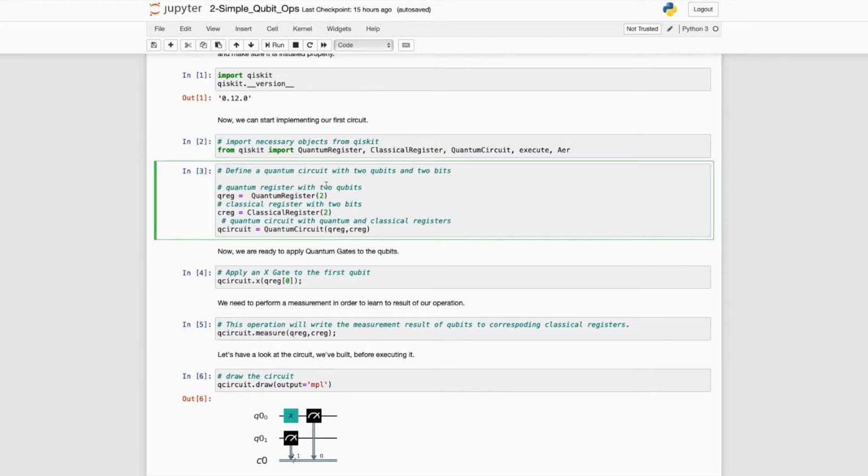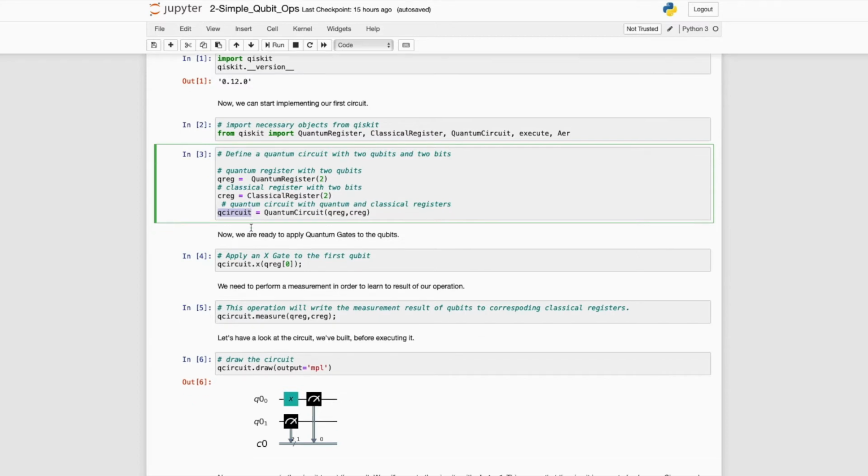So in this third cell, we begin to set up the circuits by specifying how many quantum registers, aka how many qubits that we need, and also how many classical registers that we will need. In our case, we will be working with 2 qubits and 2 classical registers. Then you combine these things to have a quantum circuit, and this object will be our circuit that we will